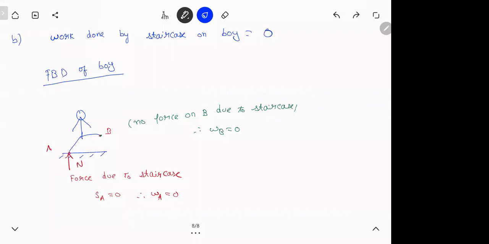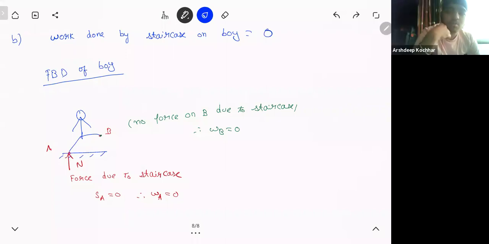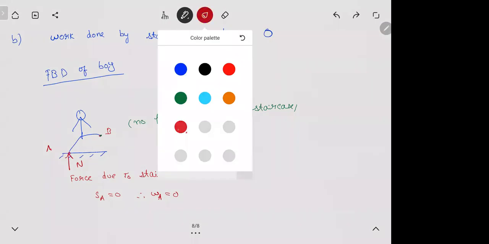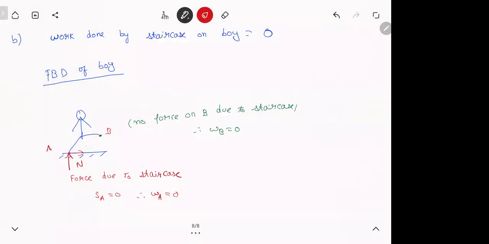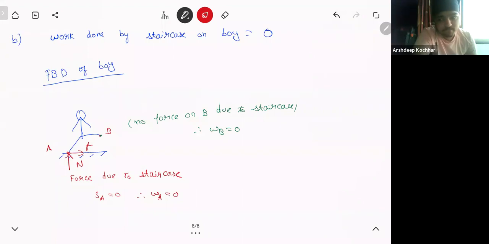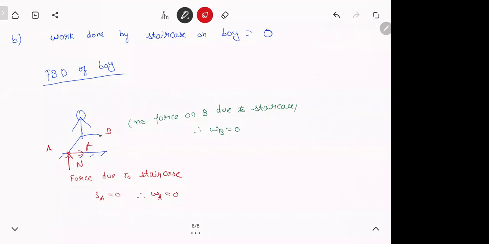Clear with this thing? Let's see one more. Sir, why can't we consider frictional force to be acting opposite to the direction in which we are moving? No. Frictional force will be in the direction of the man. ठीक है ना? Displacement कितना है point का? 0. हो गया ना? वो point move ही नहीं कर रहे, so why does it matter how many forces are acting on that point? Clear?